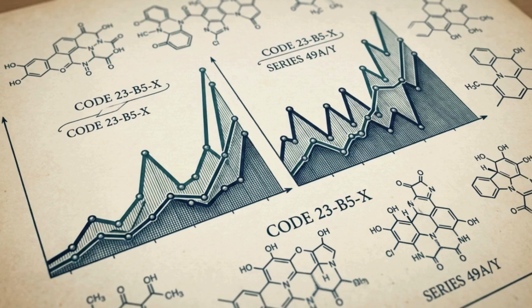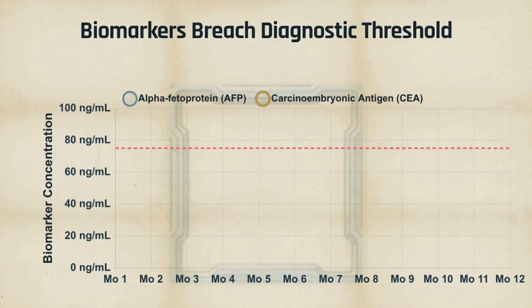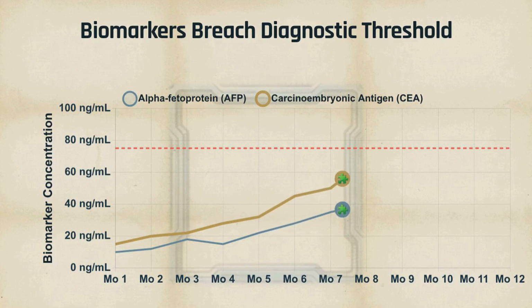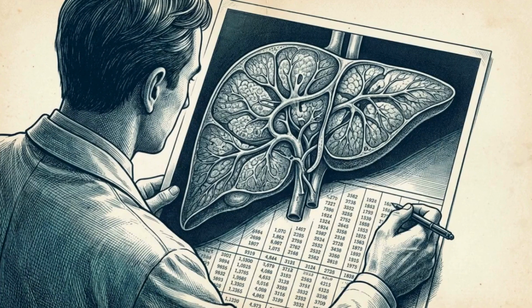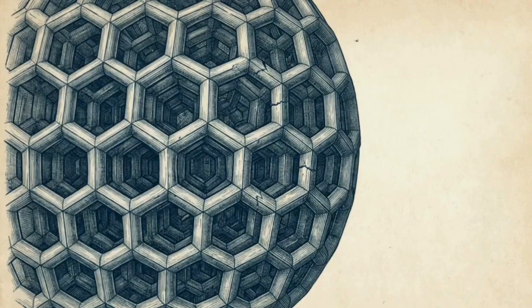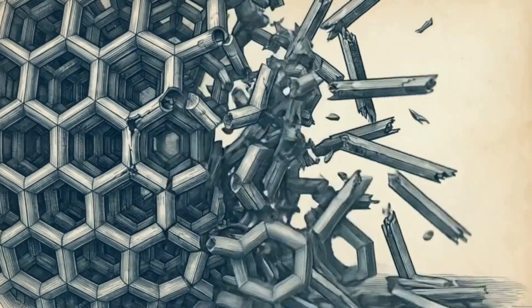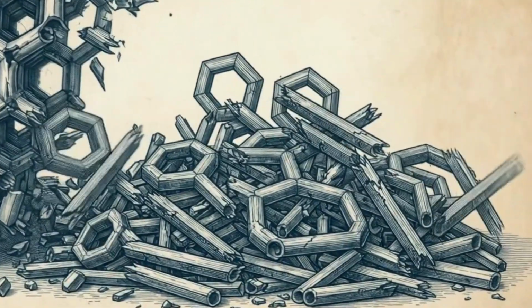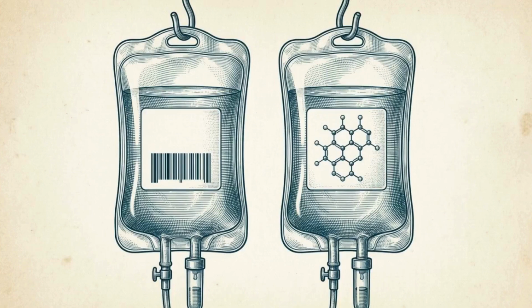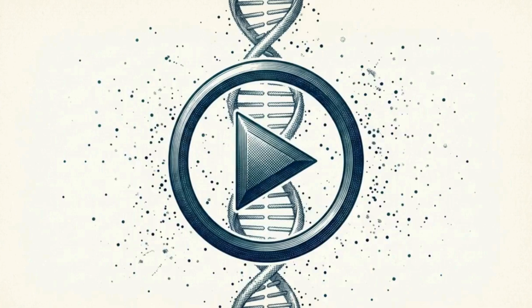Bioinformatics uses complex sequencing algorithms to align these data streams, mapping specific biomarker levels against a diagnostic threshold. By analyzing these markers, we turn the biological chaos of a mutation into a readable data trail that guides clinical decisions. Cancer is the result of a dual-axis failure in the molecular networks that normally enforce cellular order. Mapping these specific genetic deletions allows clinicians to move from generalized chemotherapy to targeted molecular therapies. In this data, we find the specific vulnerabilities required to disrupt the disease.